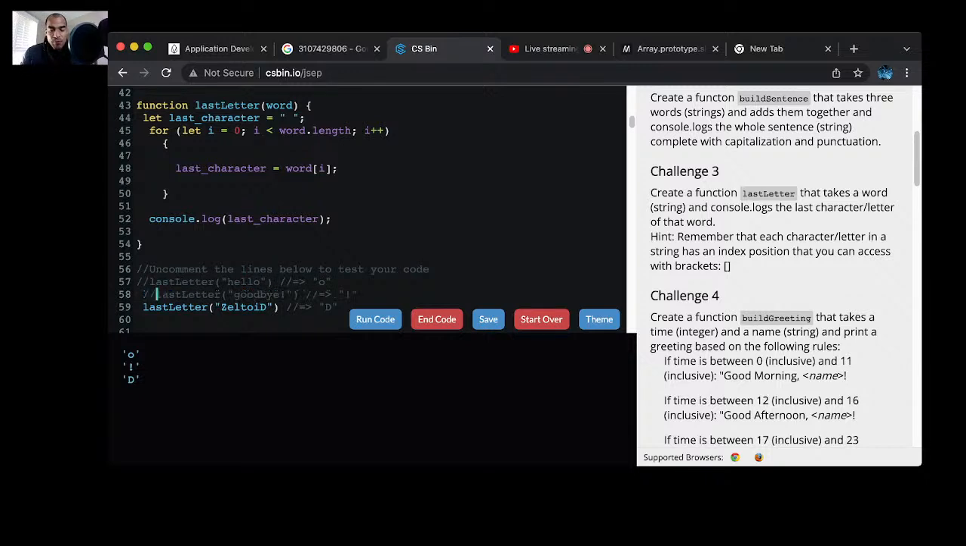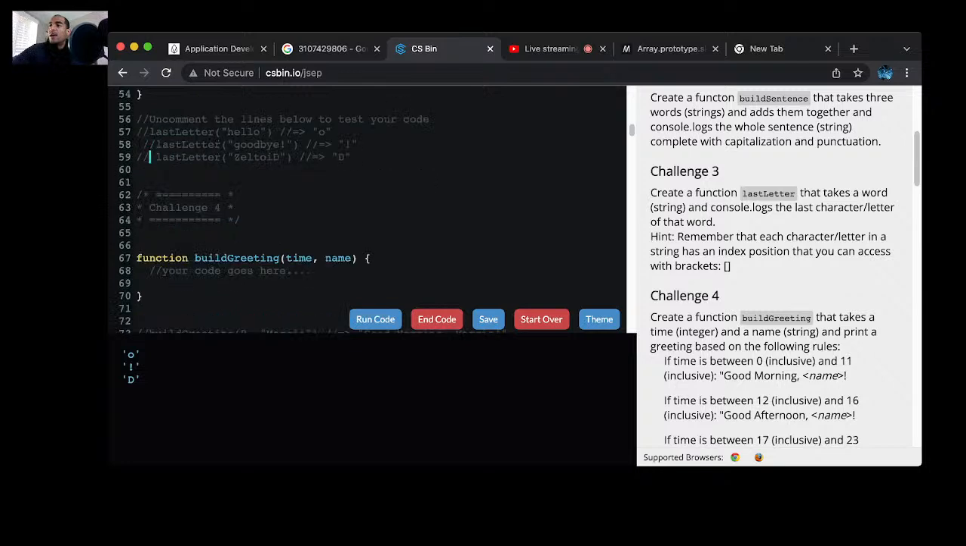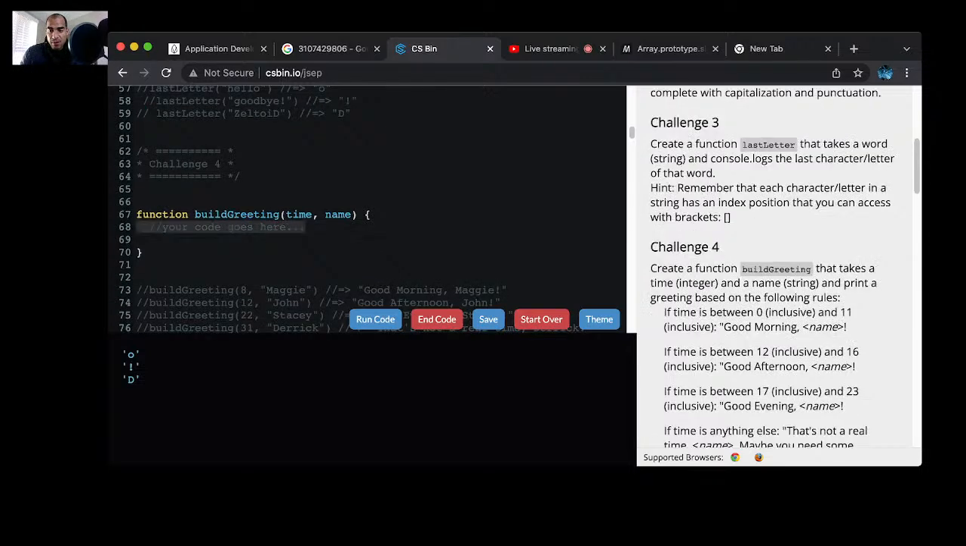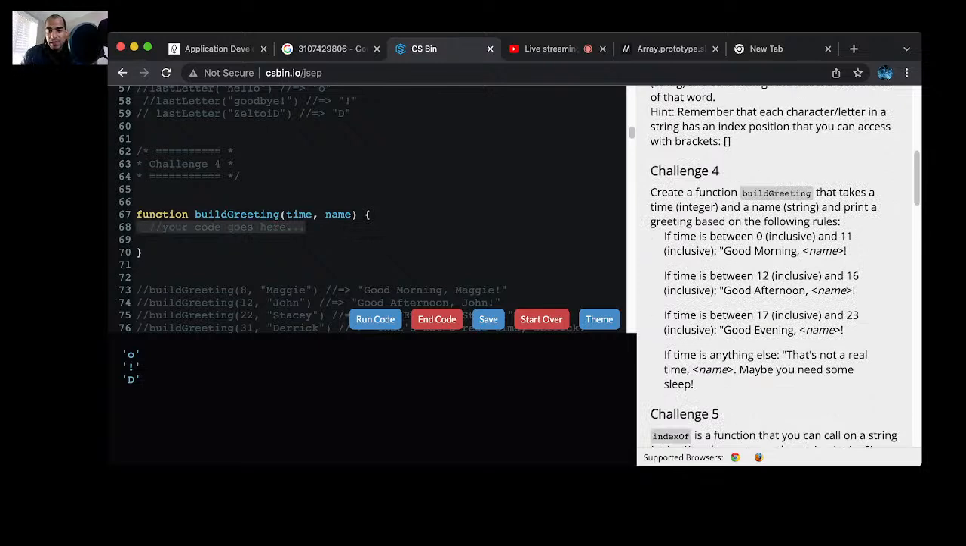Let's see how many problems we can work through. So we've been going for about 30 minutes. Let's see how many problems we can get through in an hour. Function buildGreeting is next. Create a function buildGreeting that takes a time integer and a name string, and prints a greeting based on the following